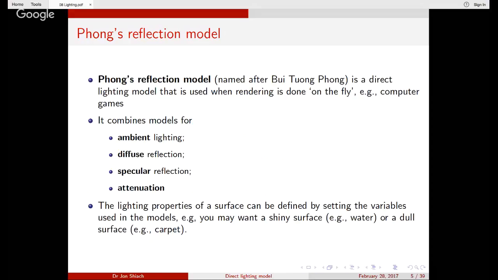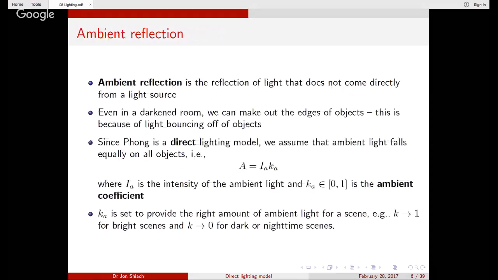Okay, so this is Phong's reflection model, and I'm going to go ahead and just explain what each of the subparts of the model are. The first one is ambient reflection. Now I'm going to try a little